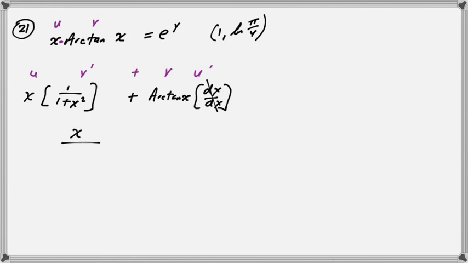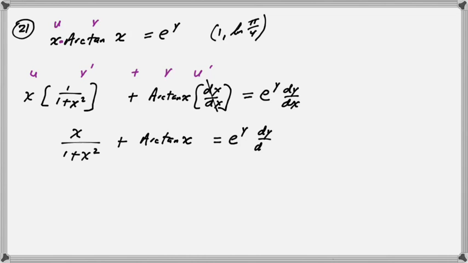So I get x over 1 plus x squared plus arctangent of x. Now on the right, I have to take the derivative of e to the y. The derivative of e to a power is e to the same power times the derivative of the power. So basically you have x over 1 plus x squared plus arctangent of x, all divided by e to the